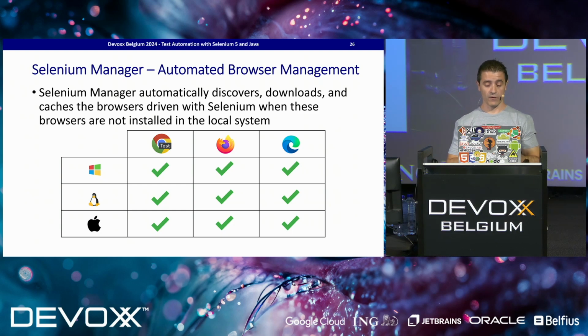The same happens in Firefox. In Firefox, using the official releases of Firefox, Selenium Manager automatically downloads and makes available the binary distribution, by the way, in the cache, right? It's stored in there. In Edge, well, it works in all operating systems, but there is an asterisk,